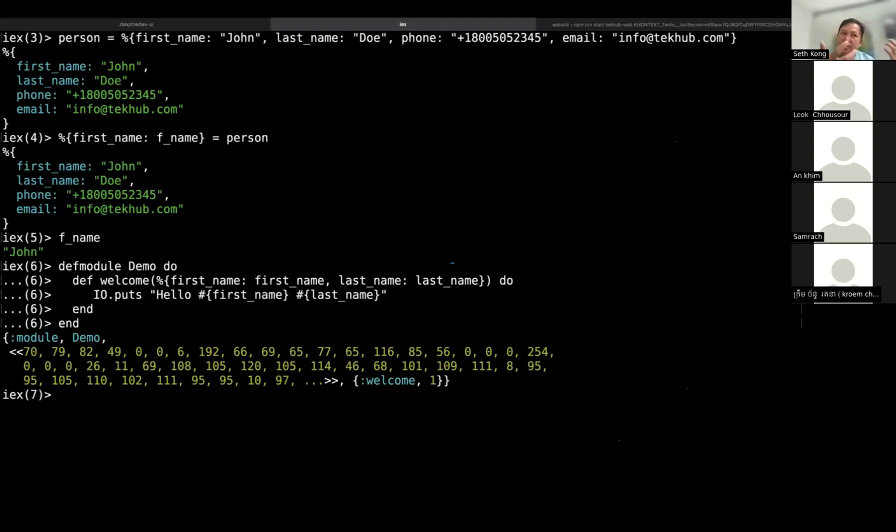If you look at here, in another language you would pass a map into the function and the function would get the value out of that thing, right? But in Elixir we shortcut it, we make it shorter. You can extract information right here in the parameter list. So when I do map first name, last name, it means that the map you pass to me, I will extract the first name and last name